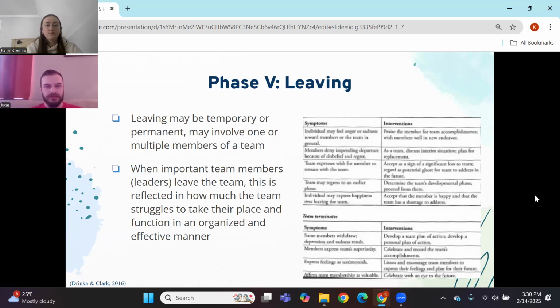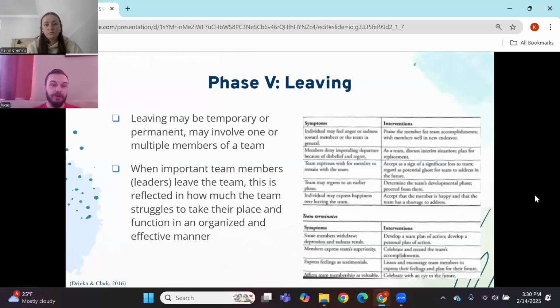Phase five is the leaving phase, also known as the adjourning phase, for when a group disbands upon completion of a project or task. Leaving may be temporary or permanent, and it may involve one or multiple members of a team. And that's because when one member leaves, the entire team doesn't necessarily disband. So one member may be in the leaving phase, and the rest of the team might be in a different